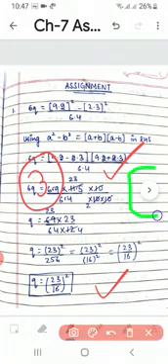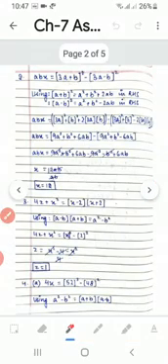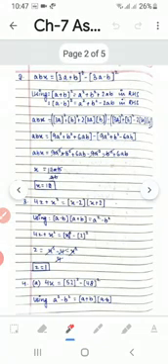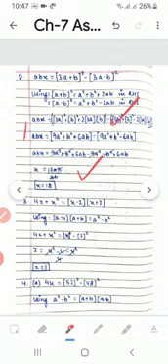Can you see this arrow button? Yes. When you click on this arrow button, it will take you to the next page. Easy. And can you see the left arrow button here? When you click on this button, you will go back to the previous page. Very simple. So click on the arrow button, go to the next page, and then do the checking, give the marks.